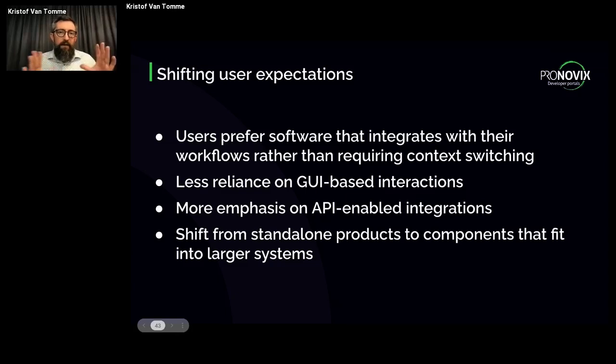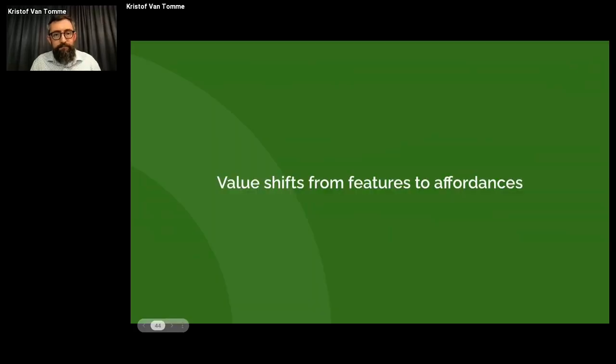So there's this shift happening, I think, of user expectations, or will happen, where what used to be all spaces, software was mostly spaces, will become little by little replaced with more deliberate choice between tools and spaces. Users will prefer to use software that integrates with their existing workflows where that makes sense, so that they don't have to keep switching contexts to do their jobs. So I think there will be less reliance on GUI-based interactions, more emphasis on APIs, but not a full shift. It's going to be more of both at the same time.